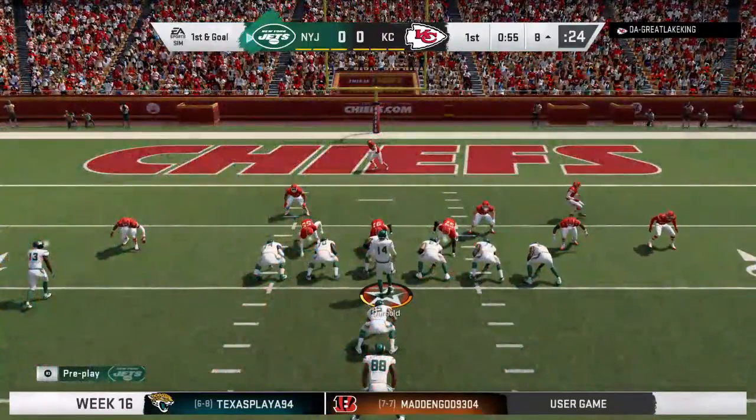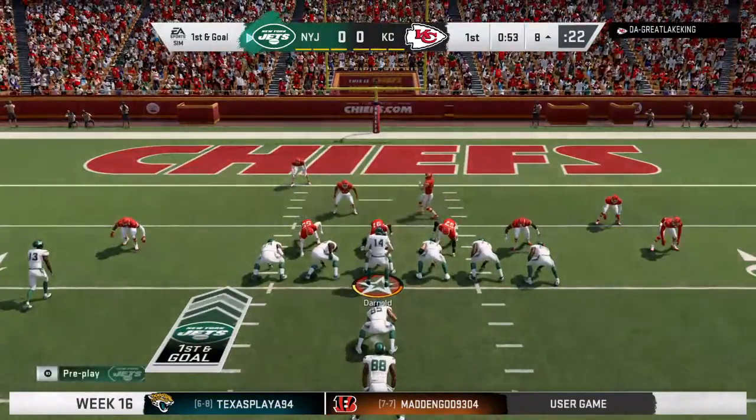Here we go, son. Let's get off the field, D. Let's get off the field,